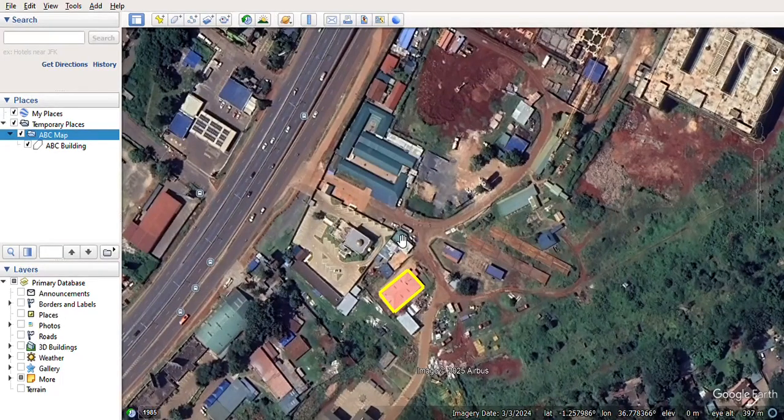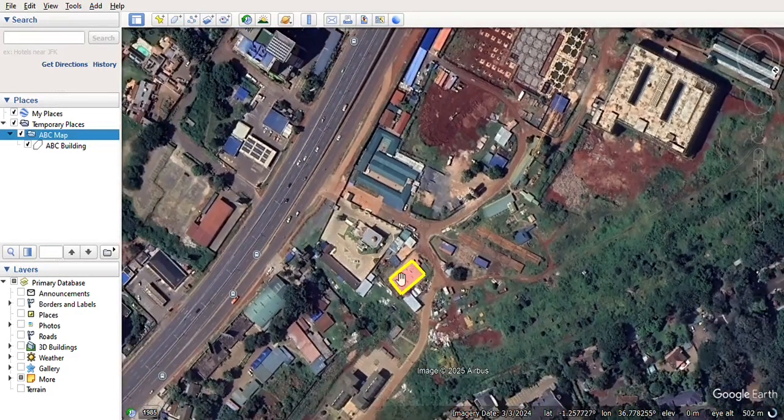Or if a user opens that KMZ, they can be able to see this name, this ABC map, this ABC building, in either the web, desktop, or mobile version. You can be able to see. So this is how you can share your projects that you have created on Google Earth